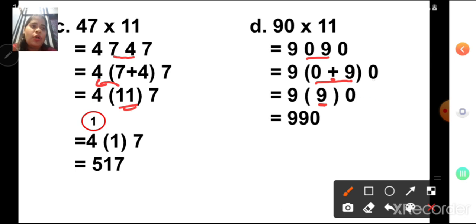Children, if it is 0 also we have to carry it over to the next line. Okay. Don't forget that it is 0, that it doesn't have any value. No. If 0 is there, then too you have to move it down. Then so as you can see here, it is a single digit. Okay, in the bracket we don't have 2 digit number, so there is no carryover. Whatever you have got is your final answer. You will write number 9 here, then number 9 here and then 0. So 90 into 11 is 990. Yes children, please note down the D sum also.